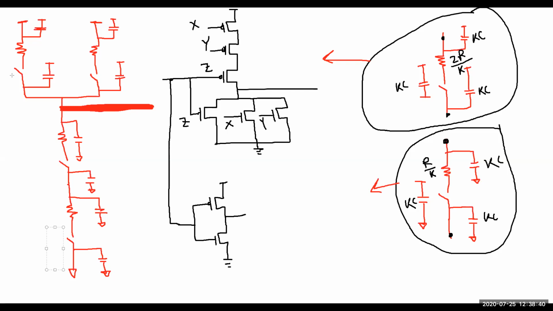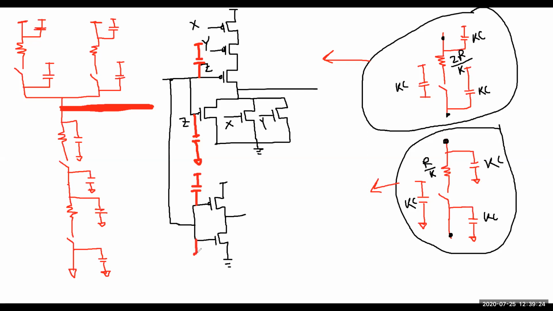The way their gates are connected with the previous circuit, the next circuit will have its gates connected with this one. That means when you convert the whole thing and connect them, this gate capacitance, the gate capacitance of Z and the gate capacitance of Z, because this is the NMOS, the NMOS gate capacitance will go to the ground. PMOS gate capacitance will go to the VDD. This one as well, this gate capacitance will go to the VDD.